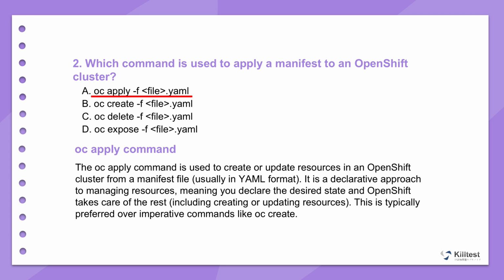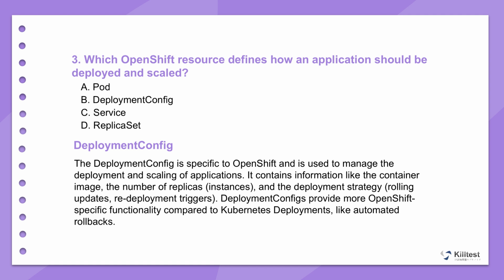Now, getting the actual application running and scaling it. Question 3. This introduces deployment config. And this is an interesting one because it's quite OpenShift specific. Ah, okay. Not standard Kubernetes then. Well, Kubernetes has deployments, which are very similar in purpose, but deployment config is OpenShift's enhanced version, you could say. It defines how your app is deployed. Like how many copies, right? The replicas. Yeah, number of replicas, which container image to use, the strategy for rolling out updates, like rolling updates